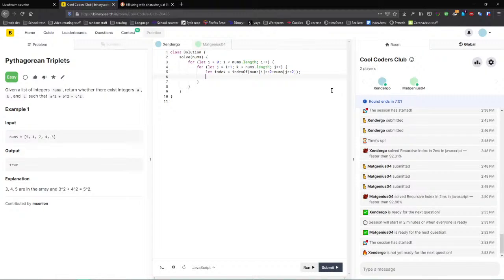And then, if the index, so if the index does not equal -1, and the index does not equal, actually, so let's do let squared equal this, except this should be square root,